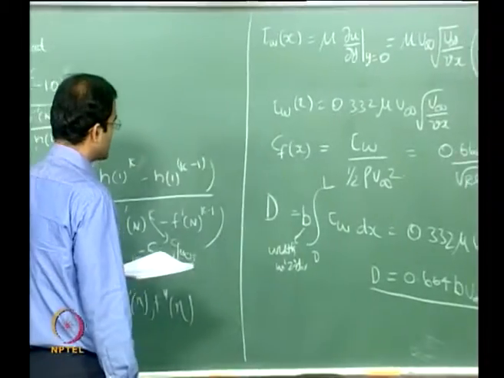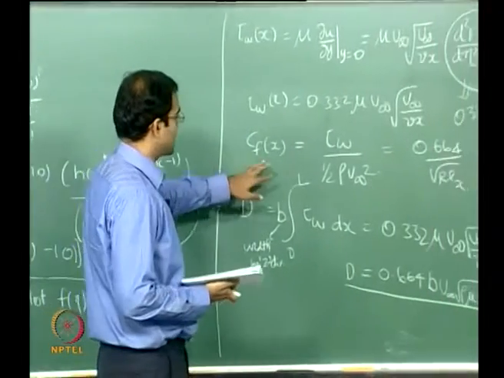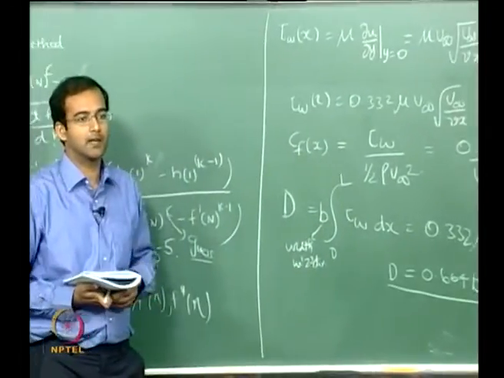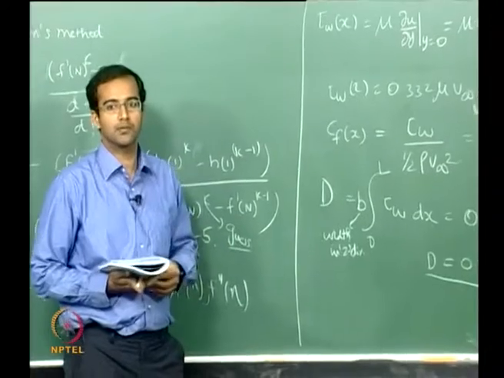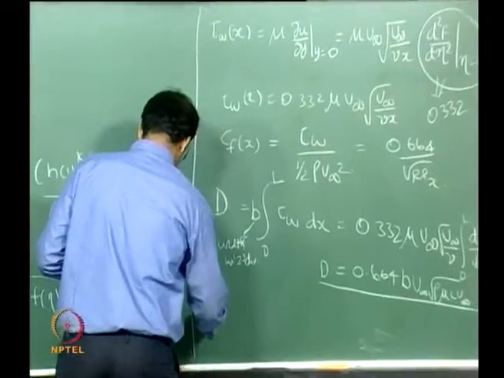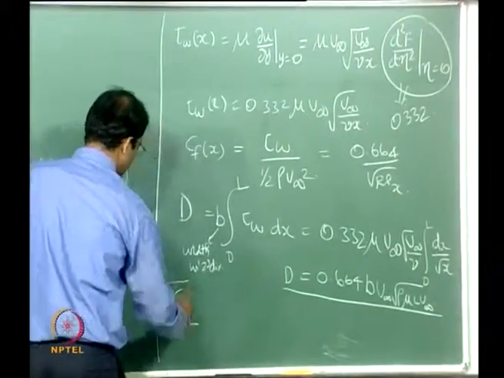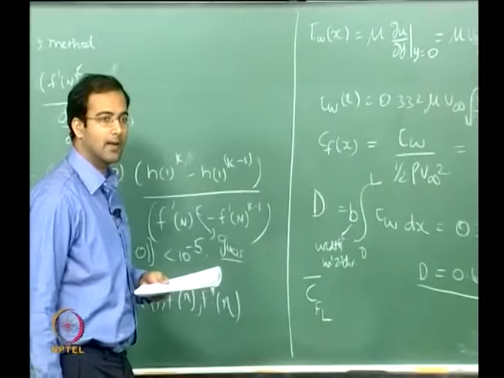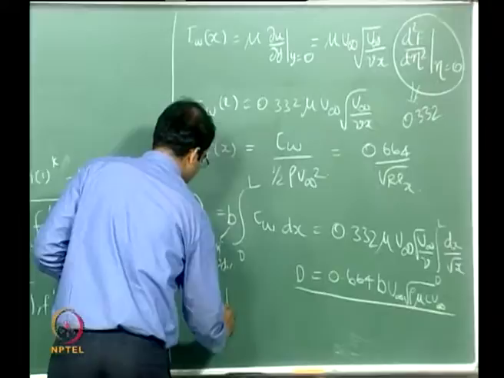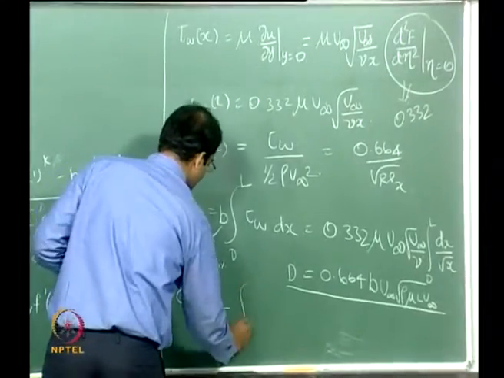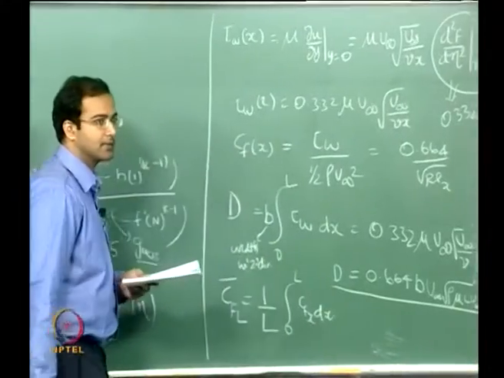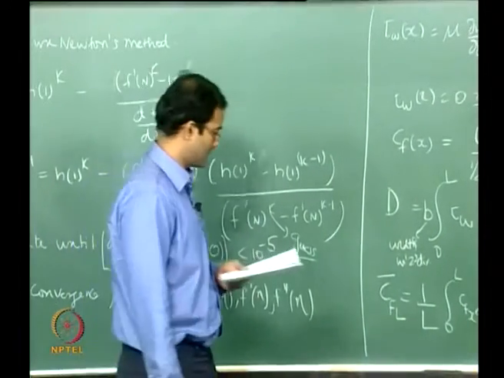I can also, rather than looking at the local variation of the skin friction coefficient, calculate an average over the entire plate. Sometimes people report in terms of the average skin friction coefficient. So I would like to average it over the entire plate. I will call this CF bar based on x equal to L, where the over bar indicates average. So how do I average? I say 1 by L integral 0 to L CFx dx. This is how I average the skin friction coefficient over the entire plate.